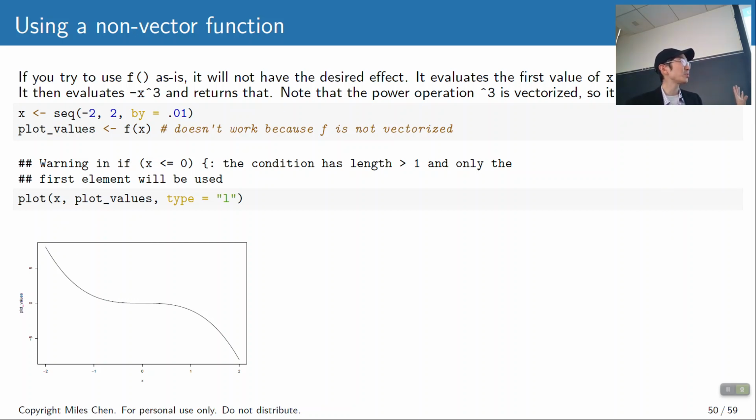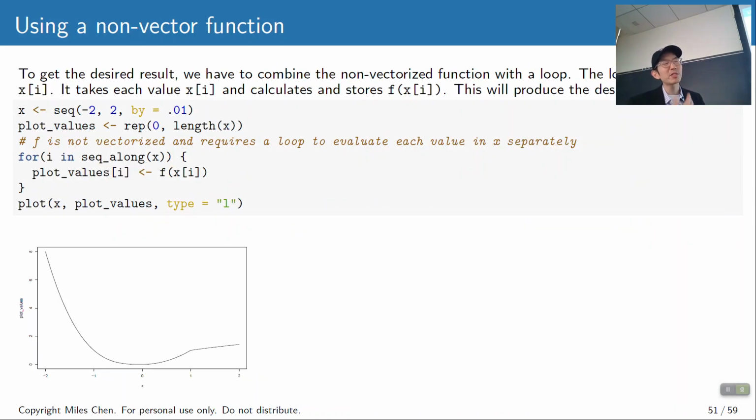What we want is to evaluate it element by element. So if this is our function, we have to put it inside a for loop. Inside the for loop, I say, take each element in x, subset it to that value, put it inside the function, and store it into position i in this vector plot values. So it starts off with -2, evaluates it, and we get 8. Then it goes to